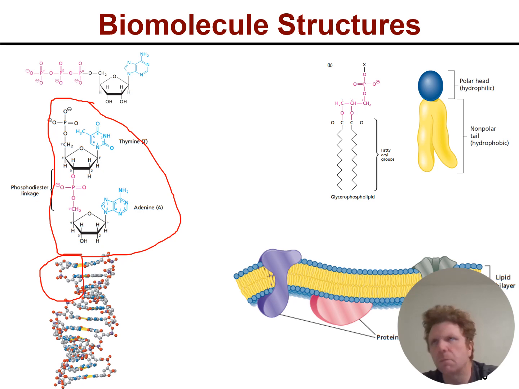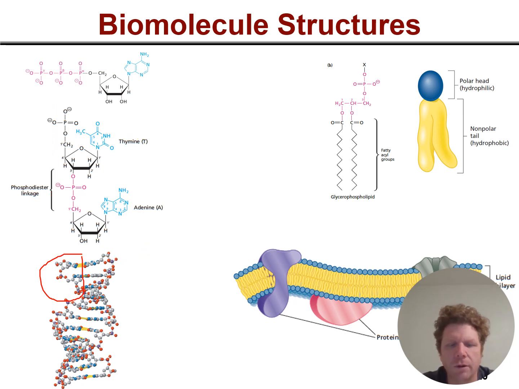It's one small fraction, one small subset of this molecule down below. Now, with that said, this molecule on top, I'd like you to recognize a couple of things about it. One thing that I'd like you to recognize is the type of bond that connects the different components of this,